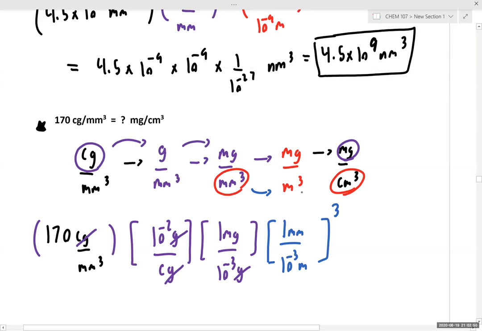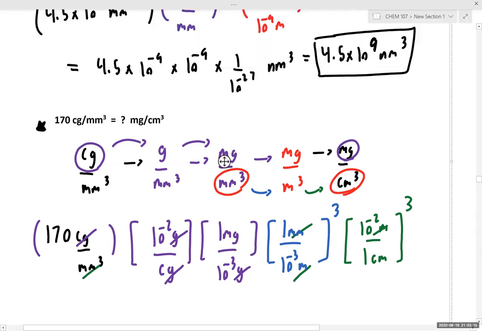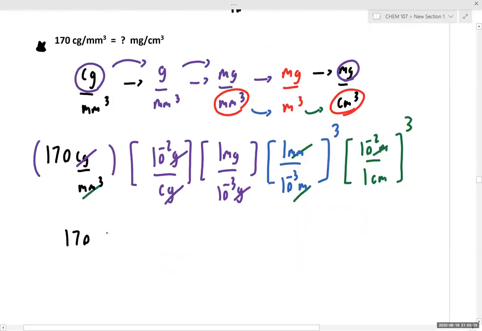Next, when we're going from meter cubed to centimeter cubed, we're going to have centimeter cubed on the bottom, and we know there are 10 to the negative second meter per every 1 centimeter. Again, since we have cubic units, we cube our conversion factor. So that in turn gives us 170 times 10 to the negative second times 10 to the third times 10 to the ninth times 10 to the negative sixth